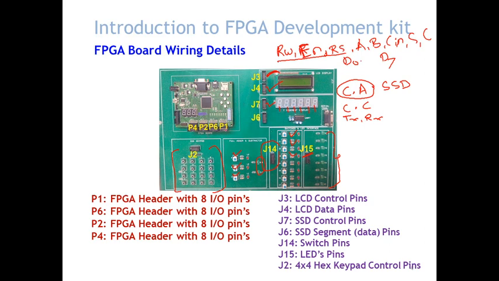Now on the FPGA, the headers are marked as the P1 header, P6 header, P2 header and P4 header. Depending on our application, we can directly connect headers. Let us say if I wanted to use the switches, this P1 header we can directly connect to this J14. If I want to use the P6 header as output LED, this can be directly connected to this J15 header. We are also going to see how these pin locations are allocated. So this is the overview of how the signal or pin routing is done on the FPGA development board.